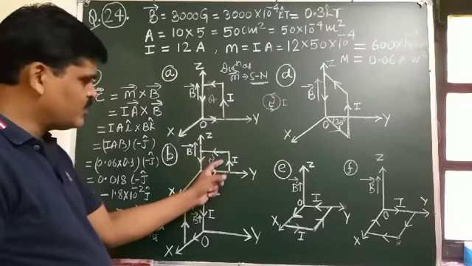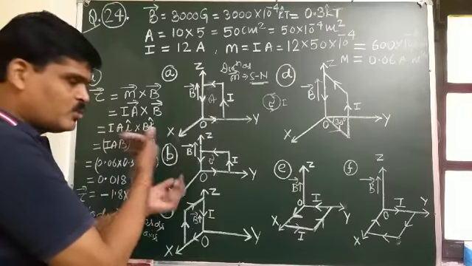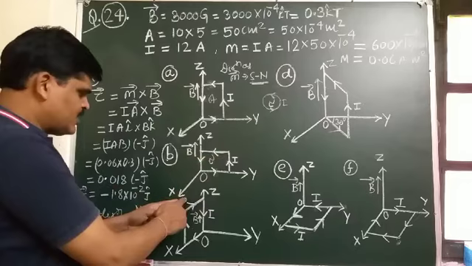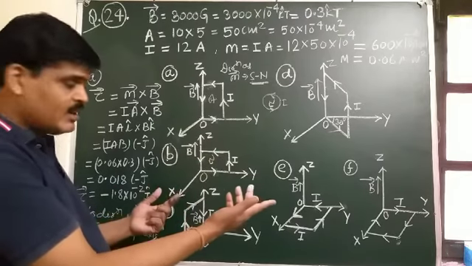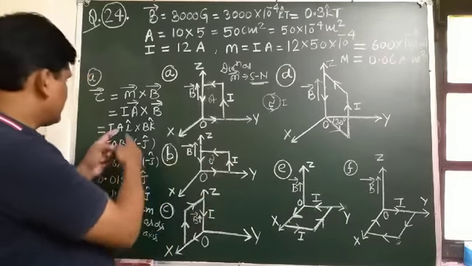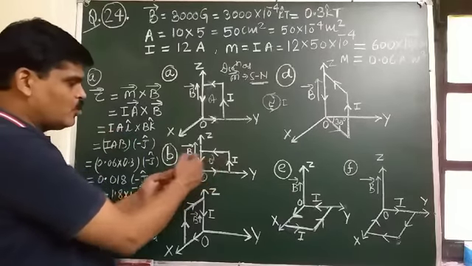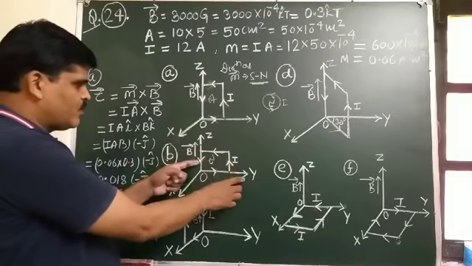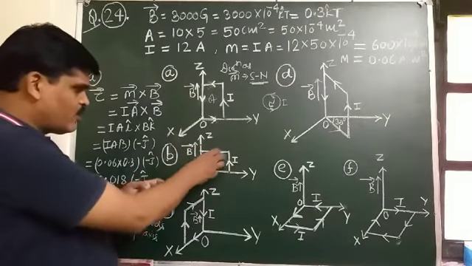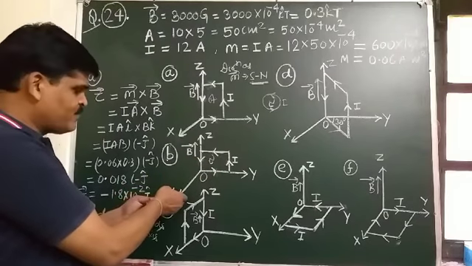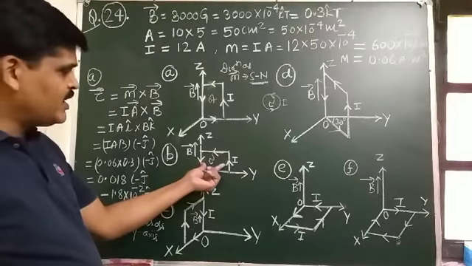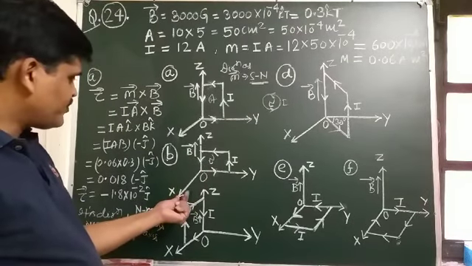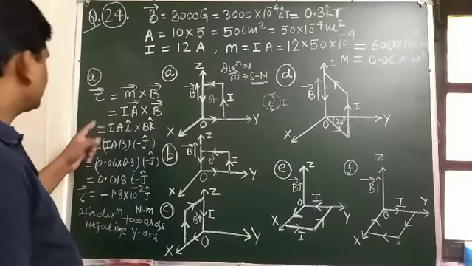So direction of magnetic moment is what? Perpendicular to this rectangular loop, or from south to north. So from south to north, that is perpendicular to this one, that is towards the x axis. Or another way, direction of area vector is the outward drawn normal. It is kept in the YZ plane, and normal means towards the x axis. So direction of magnetic moment and direction of area vector are towards the x axis. So for the second case,